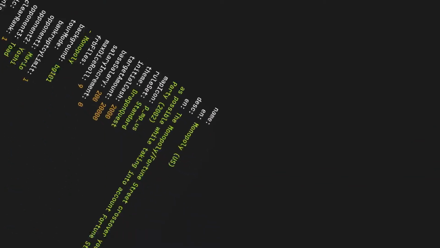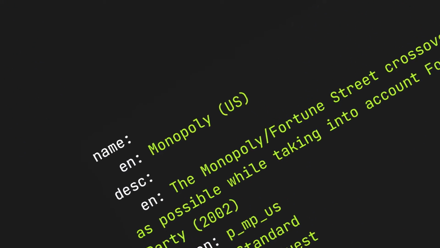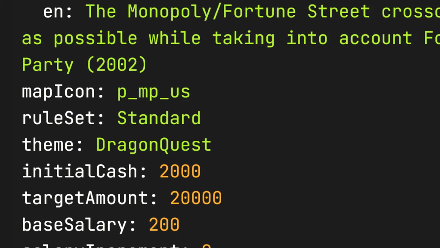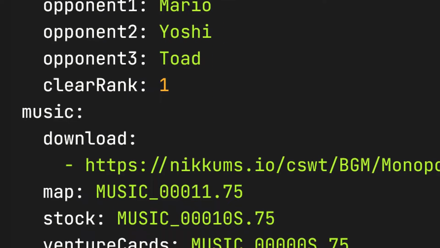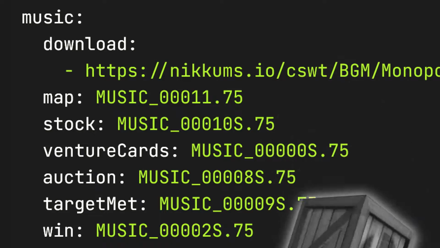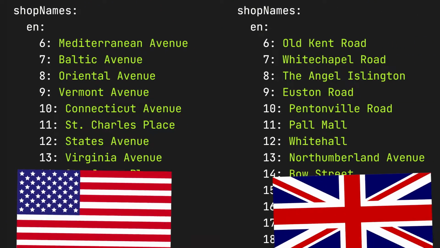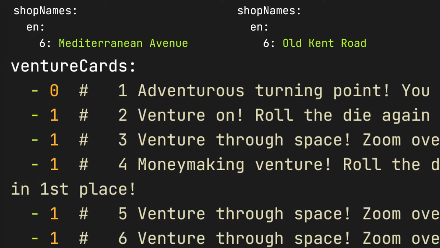With those hurdles cleared, the last step of board creation was to write up a YAML file containing absolutely everything there is to know about the board. That includes its name, description, icon, theme, gold amounts, board file, background, story mode opponents, custom music packaged with Brawl Crate, this was too easy to even warrant explaining to you, district and shop names, which I had to do twice because Monopoly has different names for its US and UK variants,